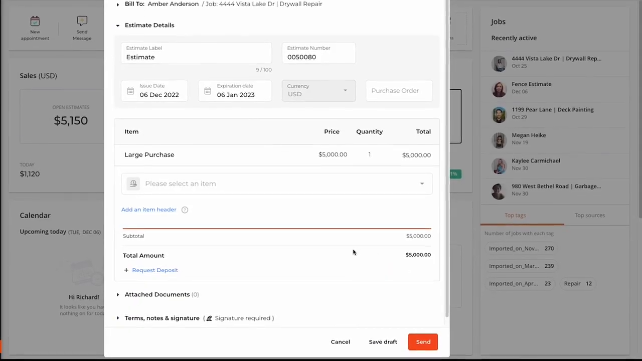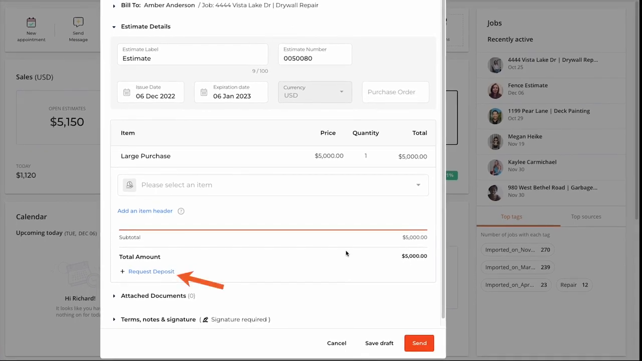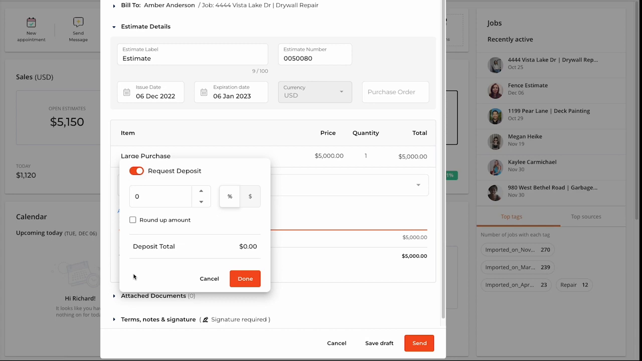We can now see there's an option to request a deposit. Here we can request a deposit and include either a percentage amount or a dollar amount. I'm going to choose to collect 13.6%, which is $680. If I wanted to include only the whole dollar amount, I can click on Round Up the Amount to eliminate any change and round up to the nearest dollar amount. When I've got my deposit the way I want it, I can click Done on the bottom right to save